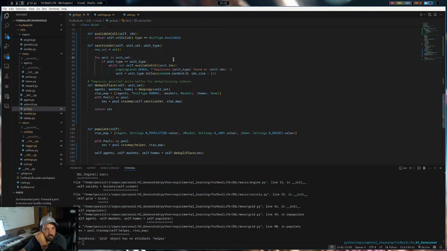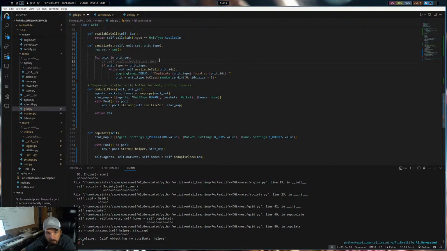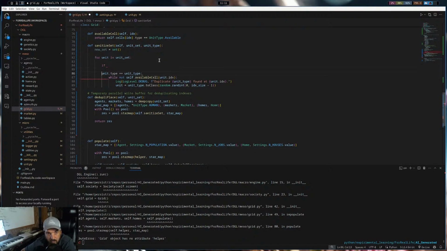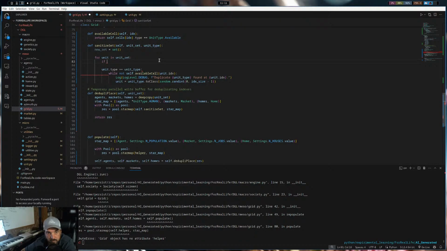Okay, what we can do, this is going to be horrible code. I would not encourage people to do this. This almost defeats the purpose. But